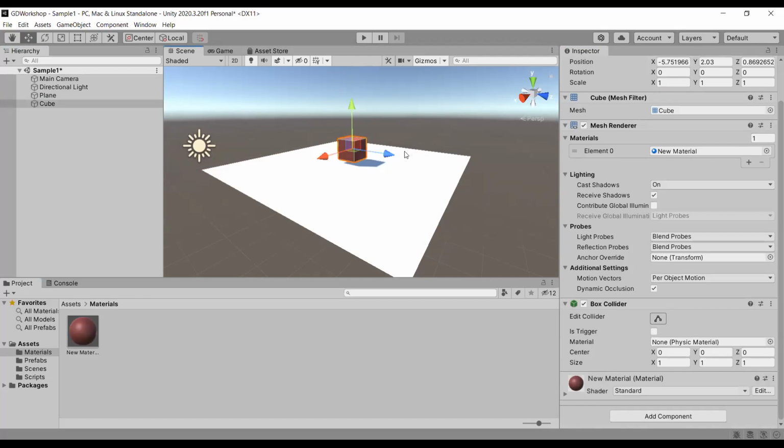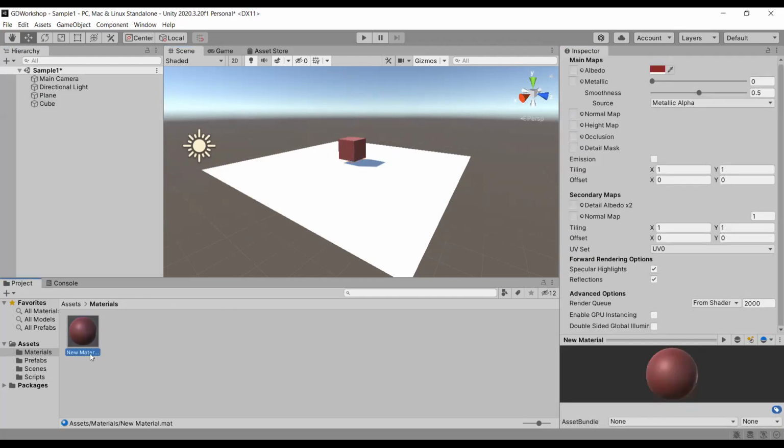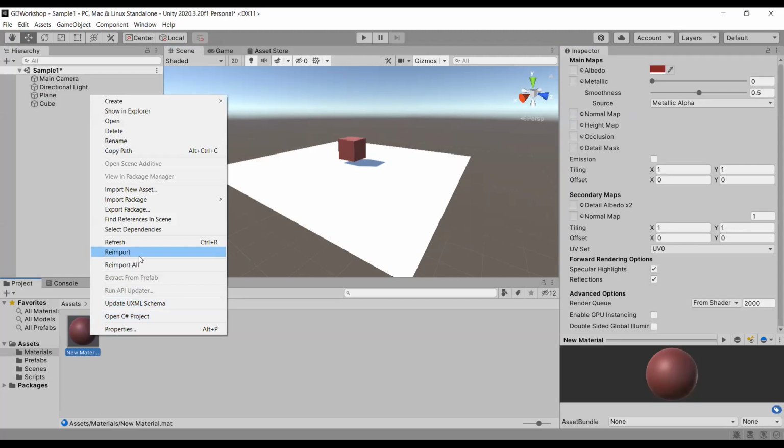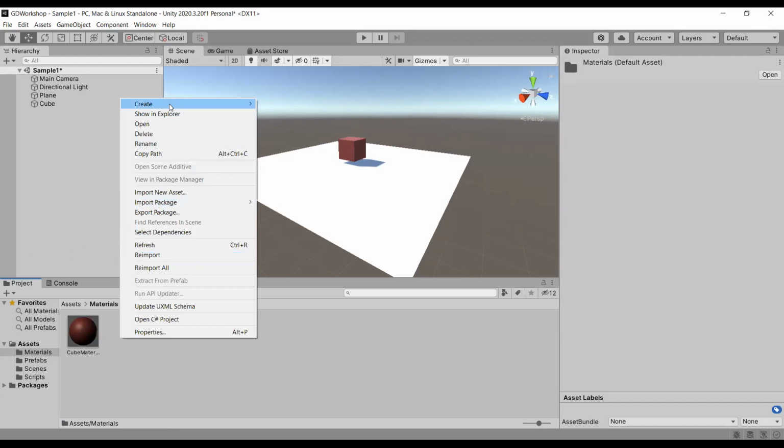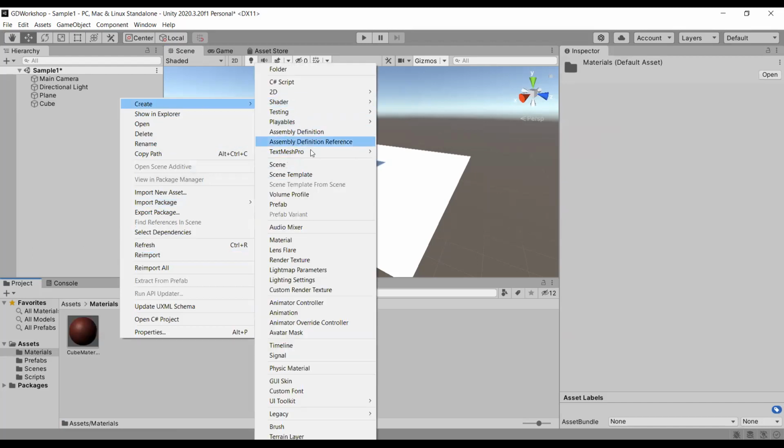Now I've added a material to my cube, and then I'm just going to make a few changes and rename it. Then I'm going to create a few more materials for this.